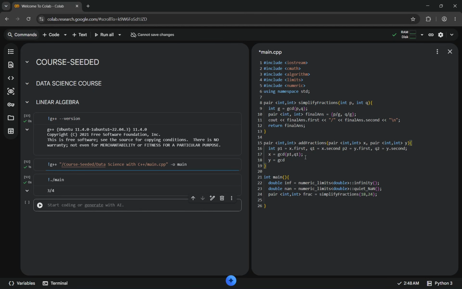So what I'm doing is I'm just taking this x dot first, which will be your first number in the first fraction. Suppose if you have x as 3 by 4, then p1 is your 3 and q1 is your 4. So for 3 by 4 we have 3 and 4 over here. Obviously GCD, instead of writing, oh sorry, I wrote wrong over here. I should have written simplify fractions. So instead of writing GCD,